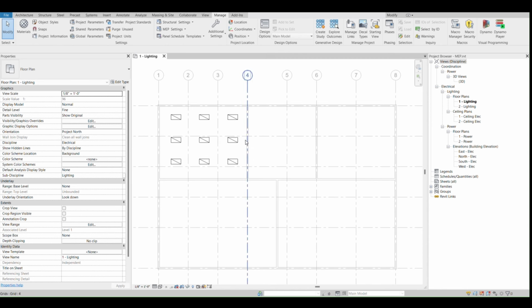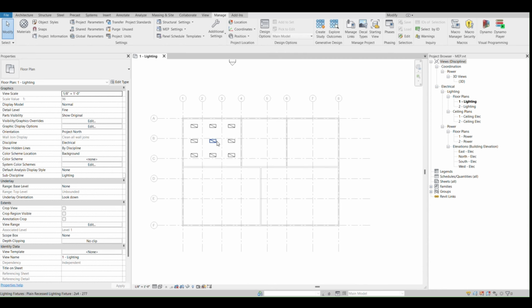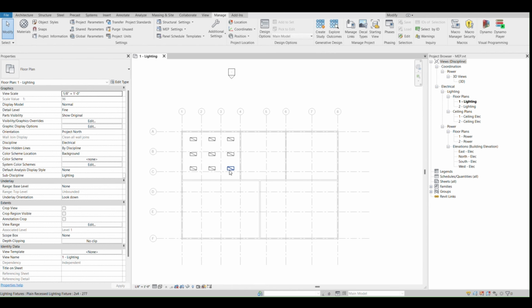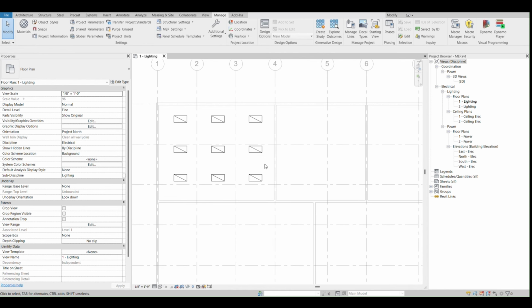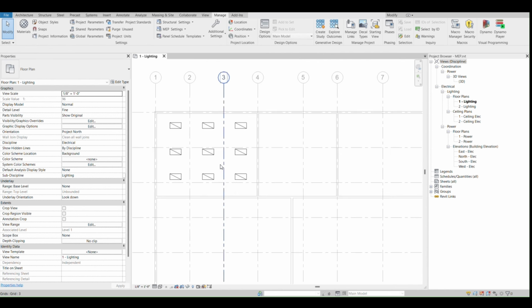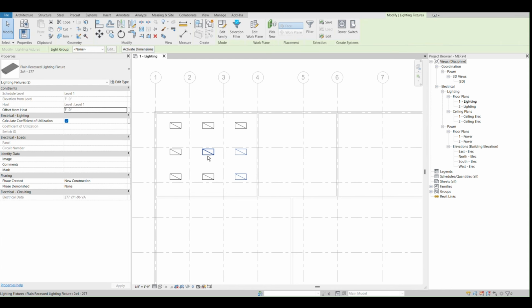First, I have already placed some lighting fixtures in this floor plan. Now if your rule based filter is not working properly, that time you can use the selection based filter. For that you need to select the elements you want to add in your filter. So here I have selected these 4 lighting fixtures, and then you will see the save selection option. Just click on the save button,